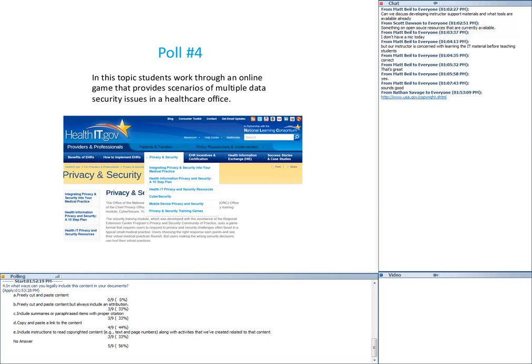For the most part, though, when you look at a site like healthit.gov, the text, the content in the text form is public domain. They wrote it. It's there for us to use and reuse as we please. So we can copy it and use it. So we would agree with A. No one answered A, but for a lot of the content on the site, it could be public domain. Most of it is. B, it wouldn't be any different in this case, attribution or not, because if it is public domain, we don't need to attribute it. It's always a nice courtesy. You don't have to if it is in public domain. C would be include summaries. Of course, we can do that. 4, of course, we can do that. And 5, we could always give instructions and then create our own activities. So,